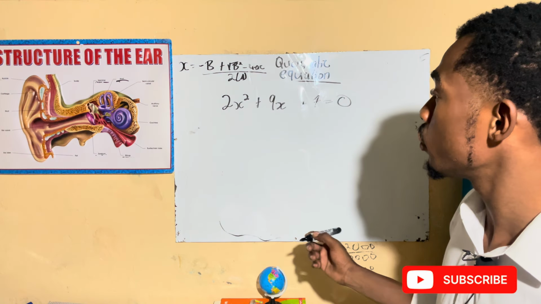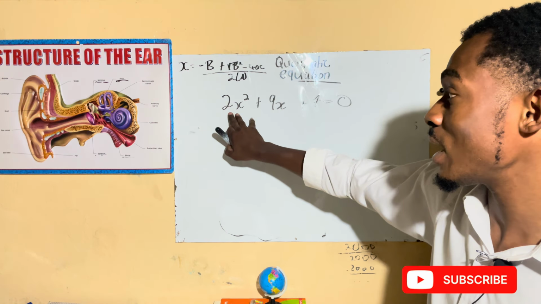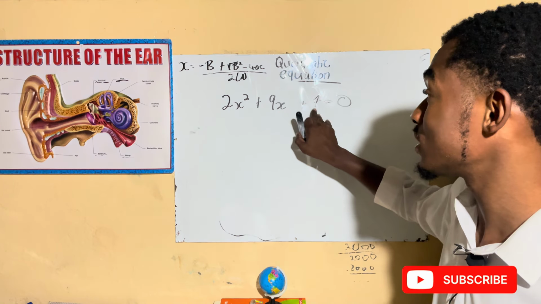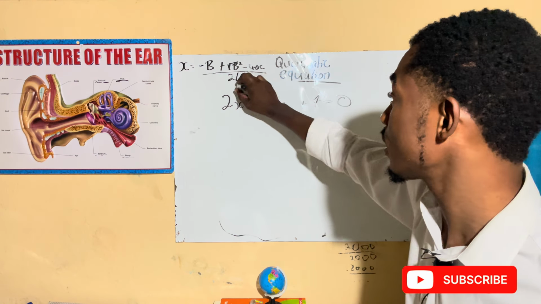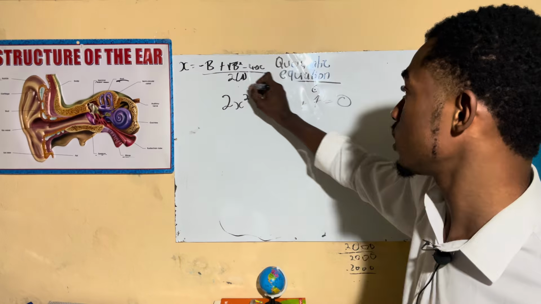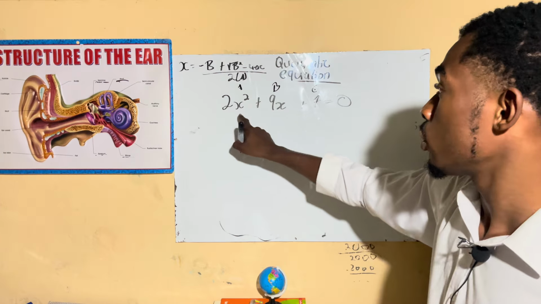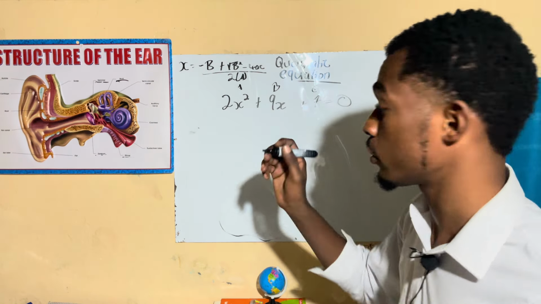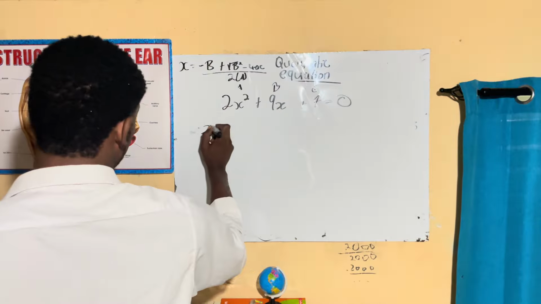What we need to do is remember that a is the coefficient of x squared, b is the coefficient of x, and c is the constant. So we label a, b, and c, right? Now we need to punch these numbers into the formula right here, which is x now equal to